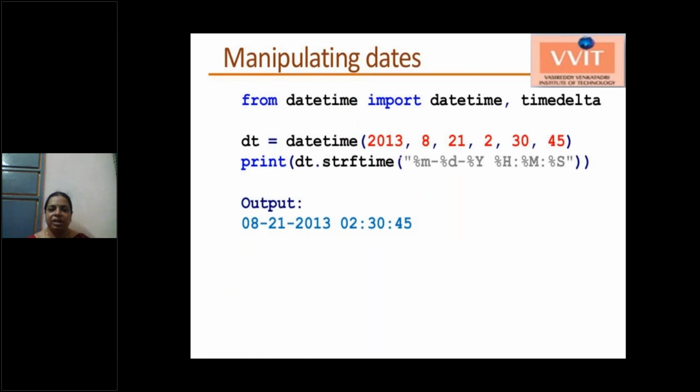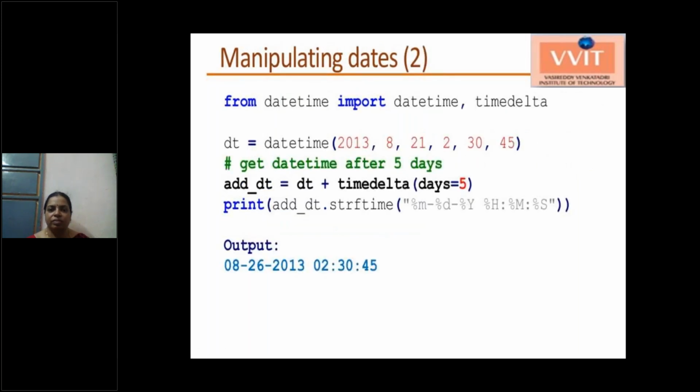Now we are creating another datetime object. This is also the same with timedelta. Using a timedelta, you can represent similar information. There is no difference. You can just change the year values and time values in a different format. But there is no specific difference between datetime and timedelta.